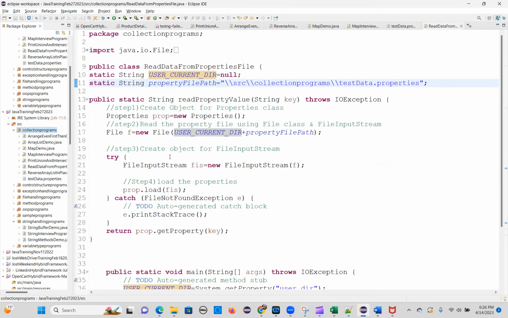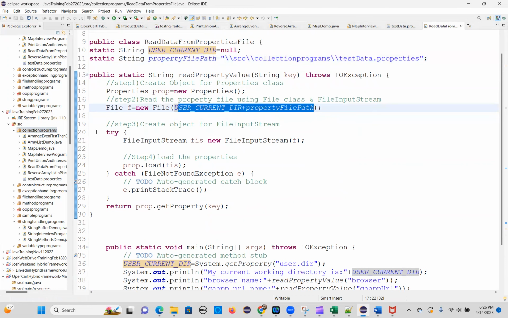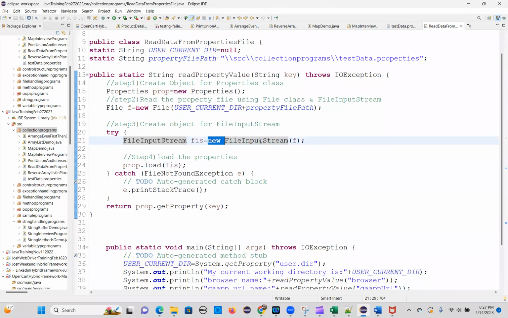You have to give the .properties extension. So you create a File object and pass the file path. Then step 3, create an object for FileInputStream, which reads the data. Try-catch blocks: FileInputStream fs equal to new FileInputStream, and pass this f. So prop.load